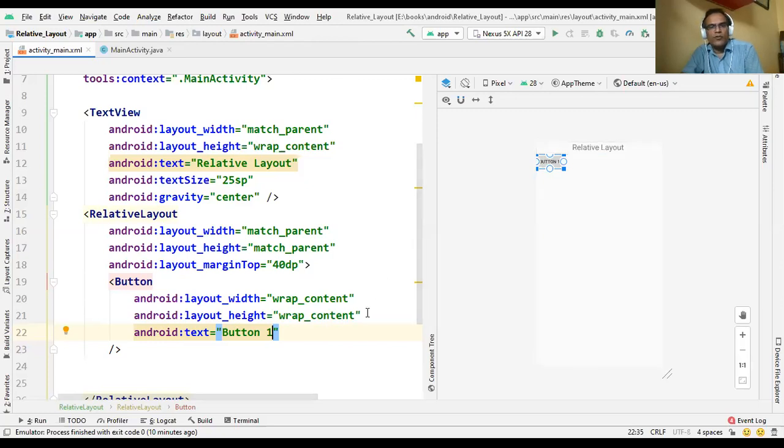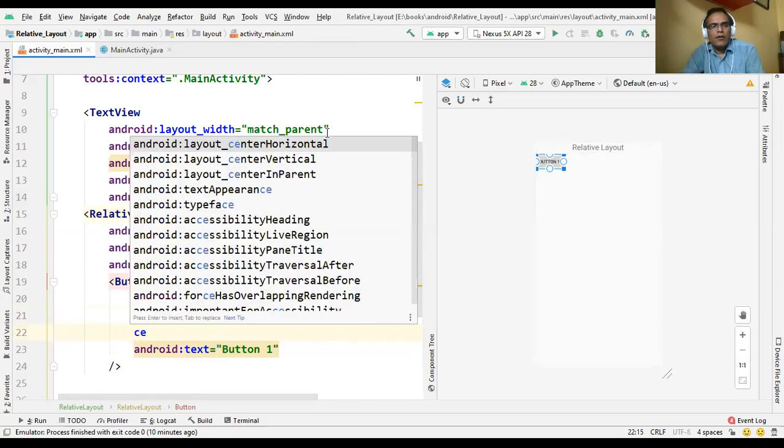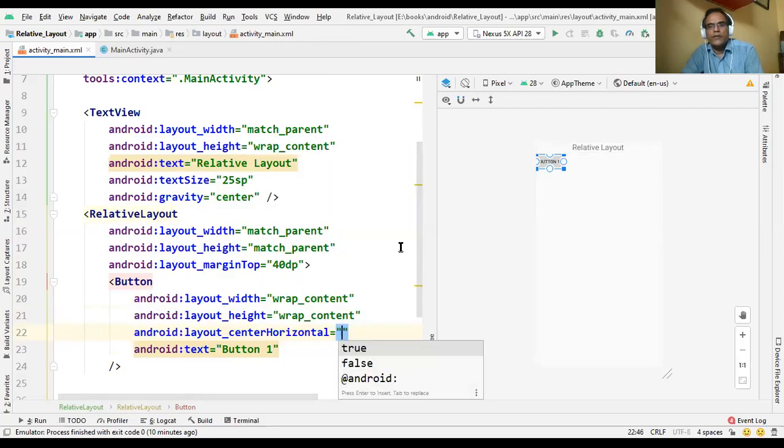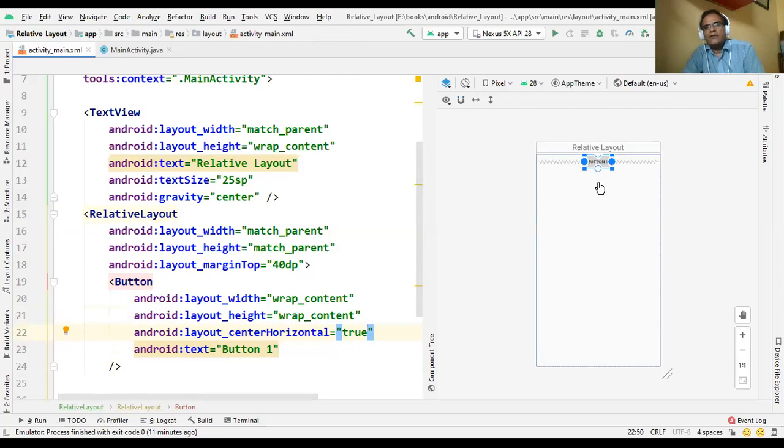We want to place that button center horizontal. In that case, we always assign the true value. If we assign the false value, there is no meaning. Now you can see it is placed center horizontal. So it has been placed horizontally in that particular row.